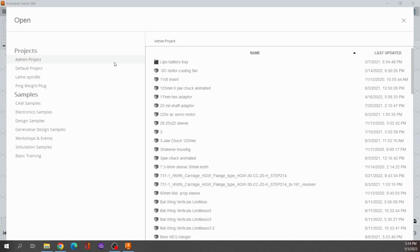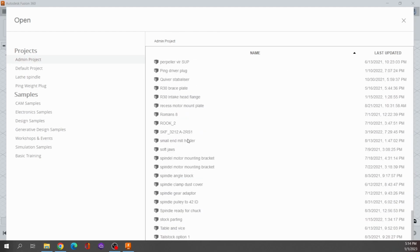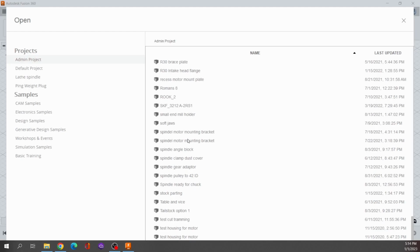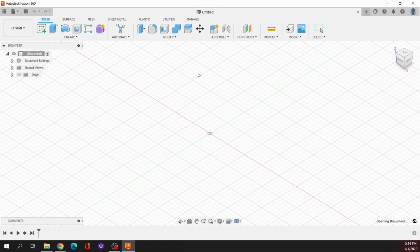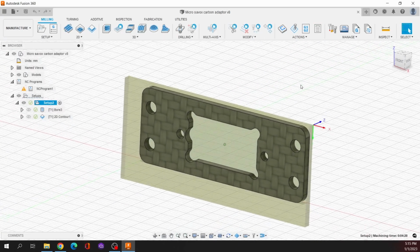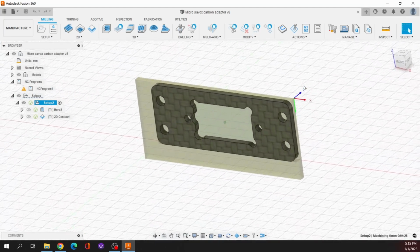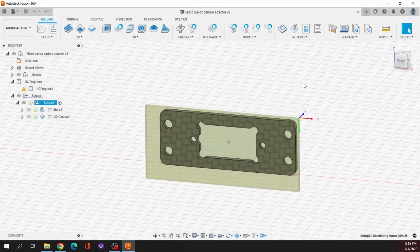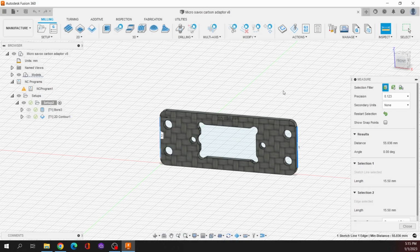So the little project that I have here is this Savox micro Savox servo adapter. Okay, so this is the little part that we are going to look at. I use a 3D connection space mouse for my CAD/CAM work, and I absolutely love it. This little part is not very big. If we do a quick little inspection here, you will see that it is only 55 millimeters from one side